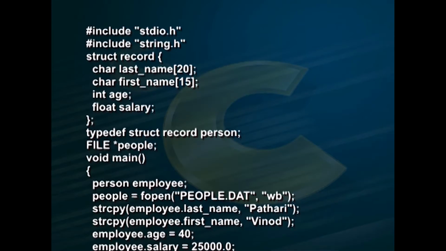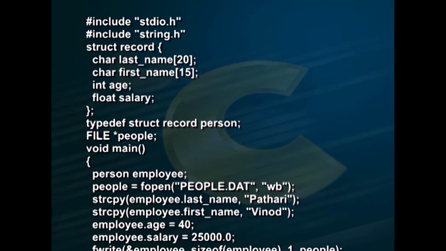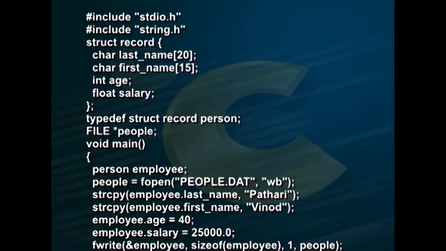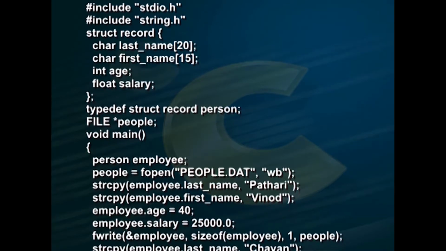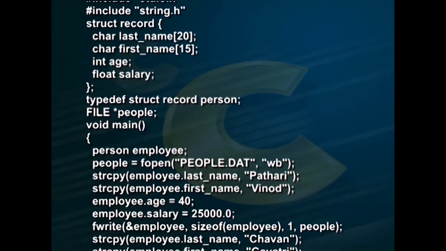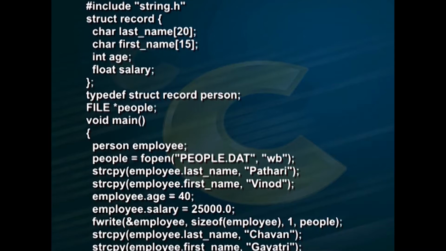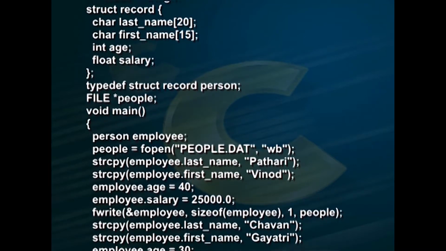See this program that creates a file of 2 records. Each record contains 4 fields: #include <stdio.h>, #include <string.h>, struct record { char last_name[20]; char first_name[15]; int age; float salary; } typedef struct record person; FILE *people;